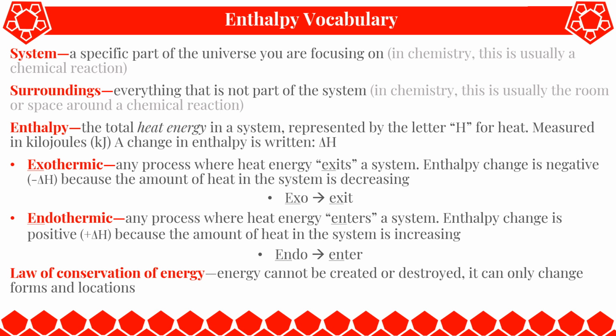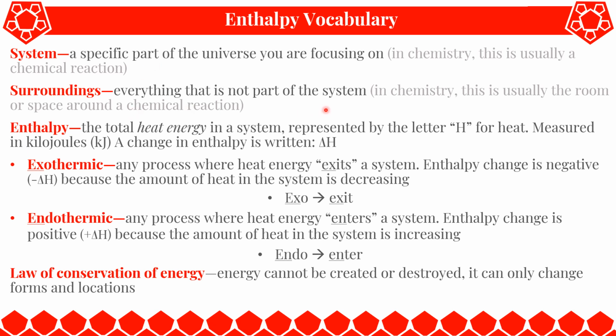All right, so in order to have these discussions, some vocabulary terms are necessary to talk about. We're going to start talking about what we call systems and surroundings. So a system is just a thing we're talking about. In chemistry, we'll usually be talking about a chemical reaction as our system, and the surroundings is just everything around our system. Or if you've ever had a campfire before, your system might be the campfire, and the surroundings is you and your friends roasting marshmallows. Right? So that system is just a specific part of the universe that you're talking about, and the surroundings is